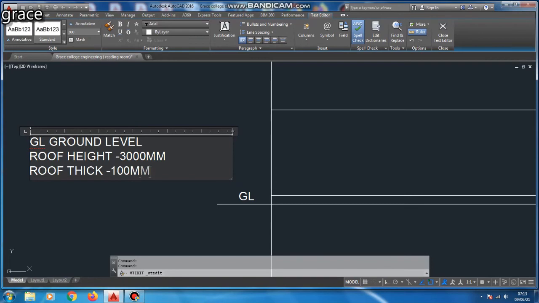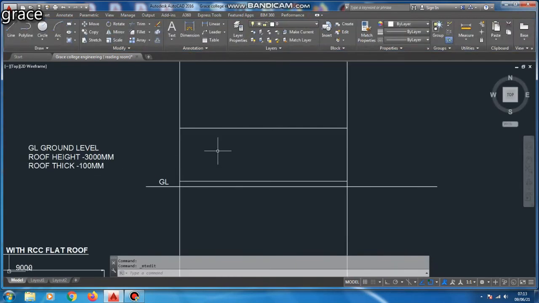We have to specify all the dimensions in our given drawing. Again I am using offset, the distance is 100 because the thickness is 100 mm.